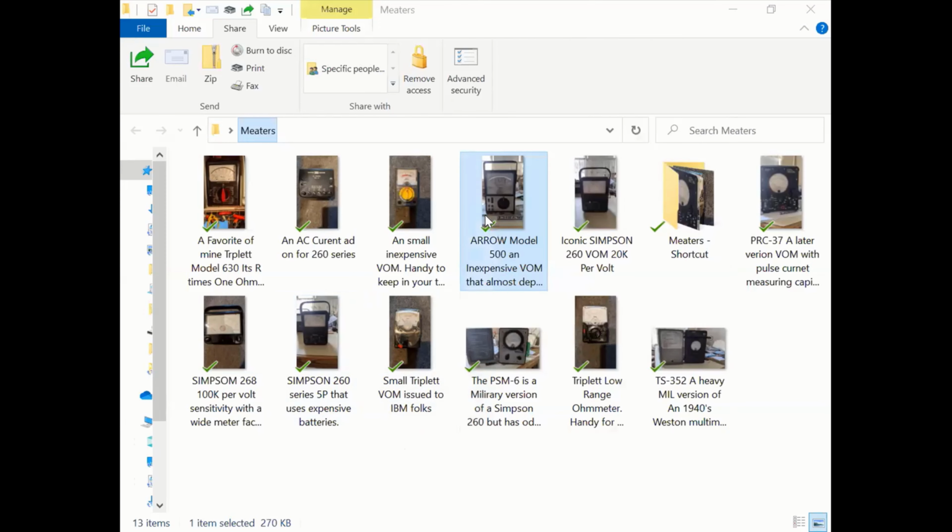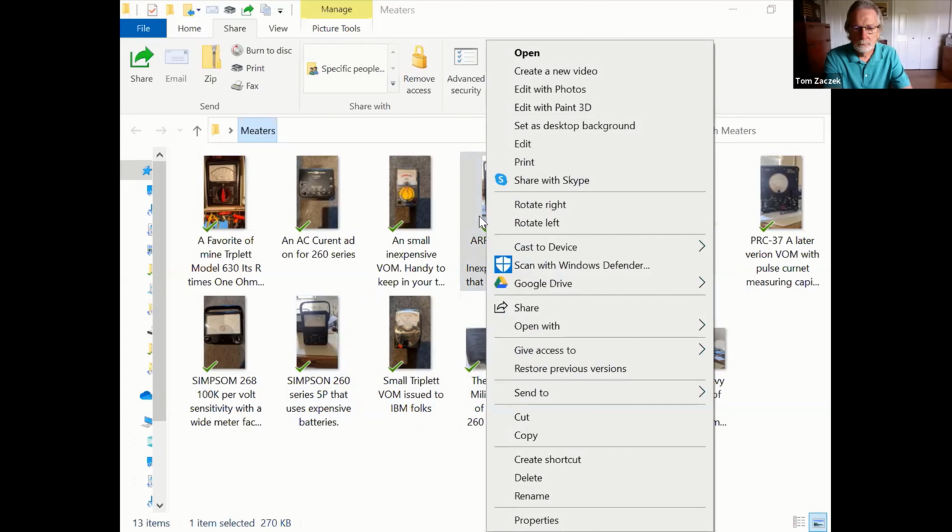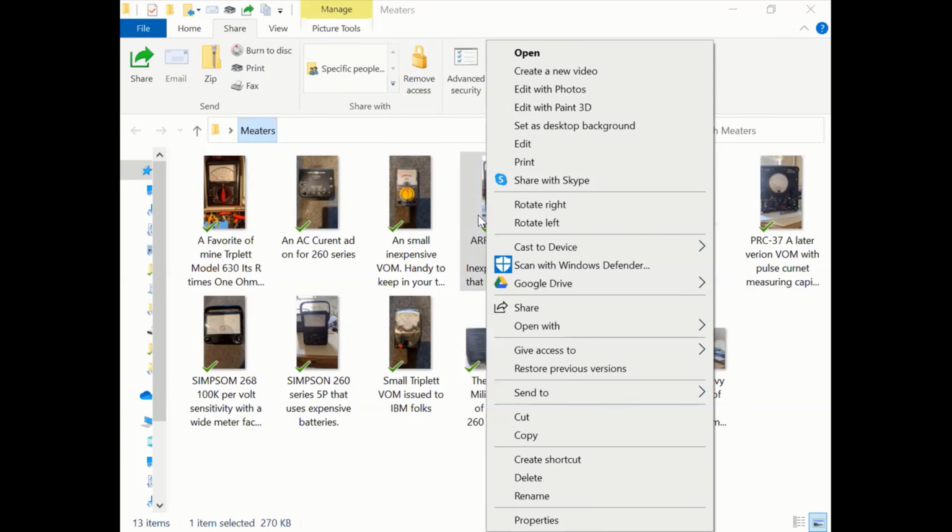Oh, back to this guy again. This is an Arrow multi-tester. It was a low price version available to kind of replace the Simpson 260. And then this here